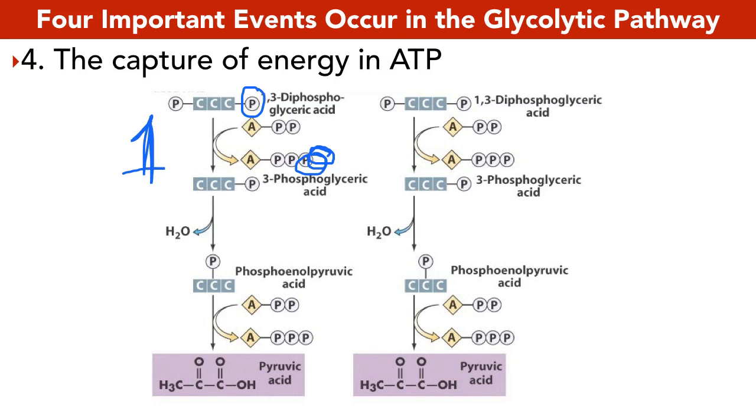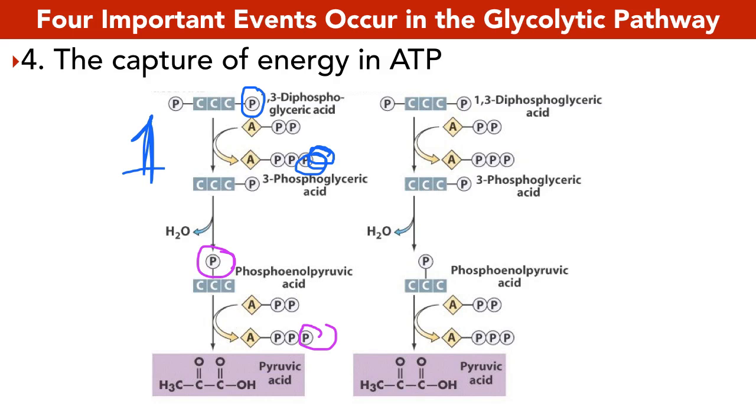What have we lost in the process on that 3 carbon compound? A phosphate, right? See how we have 2 phosphates on it before, and now we have how many? 1. See how we have a P and a P on both sides, and then the middle one we have a P on one side and it's missing it on the other side? Okay, we've made an ATP. We continue on. Another phosphate comes off, and let me redo that. Here I'm going to draw that phosphate as purple, and now it goes to make another what? What have we made?